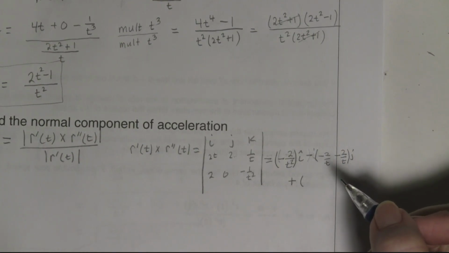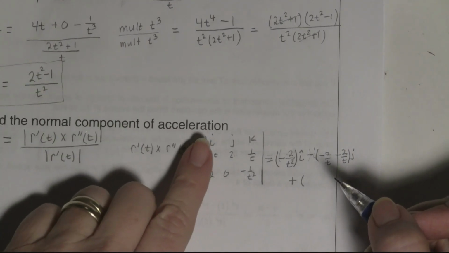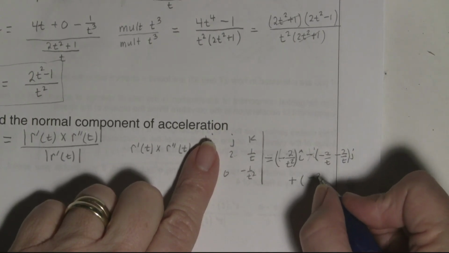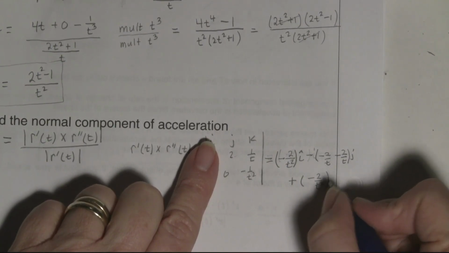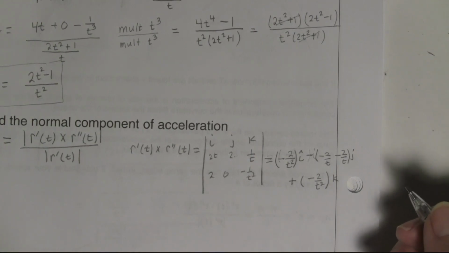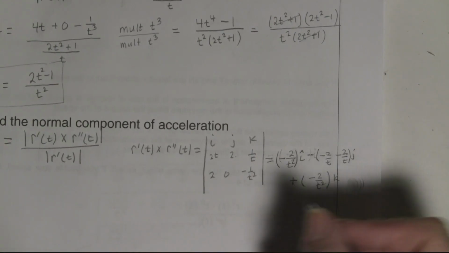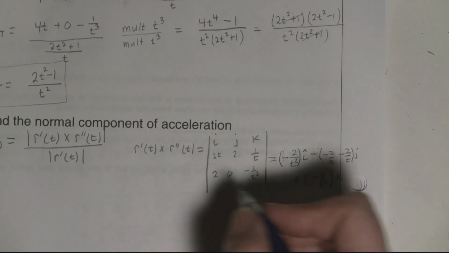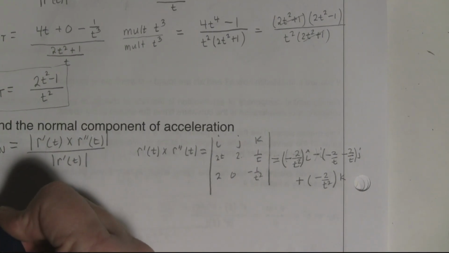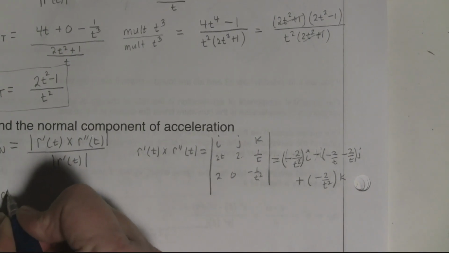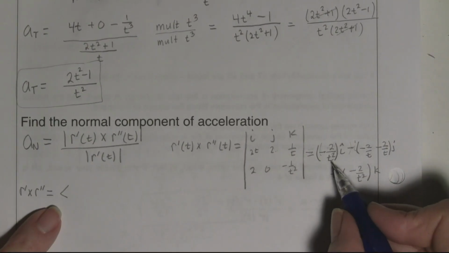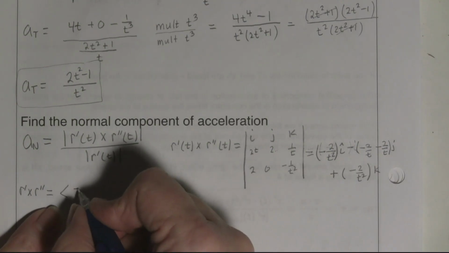I was seeing a lot of mistakes on that on your cross product. So fix up your cross product. So here I'm going to get negative 2 over t squared k. So when the dust clears here and we see what we've got, I'm going to write my cross product right here. This cross this, that cross that equals, and I'm going to write it as a vector. So it's negative 2 over t squared,